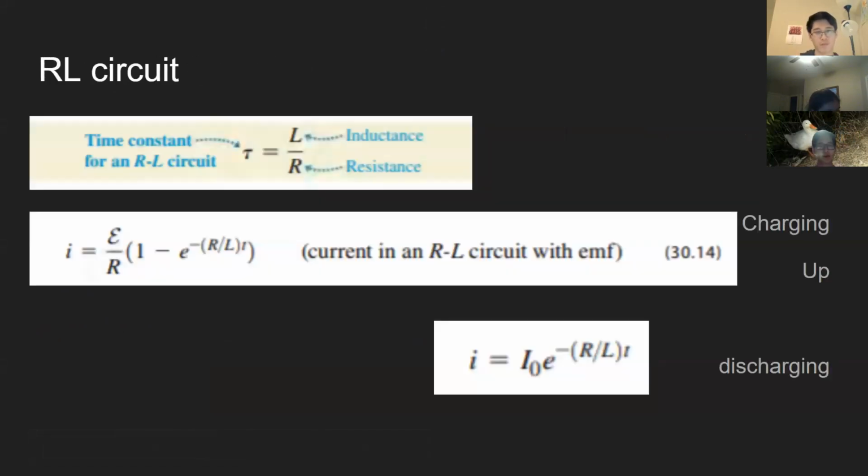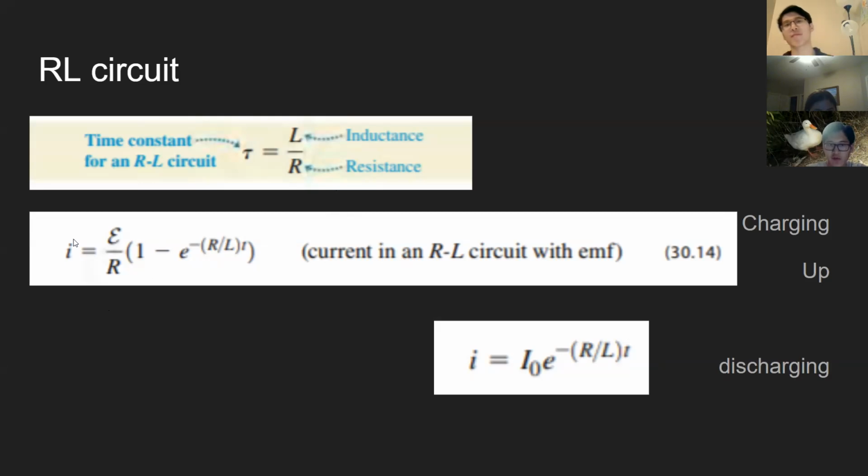All right, now let's talk about the RL circuit. The time constant in the RL circuit is this. Similar to how we had a time constant in the, what else did we have a time constant in? I forgot. There was a time constant in charging capacitors. Yeah, RC circuits. Similar to how in RC circuits we have the equation for how I changes with time,